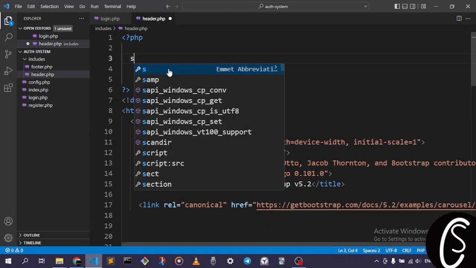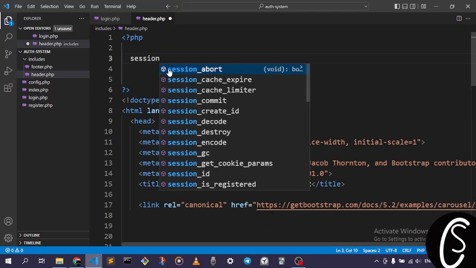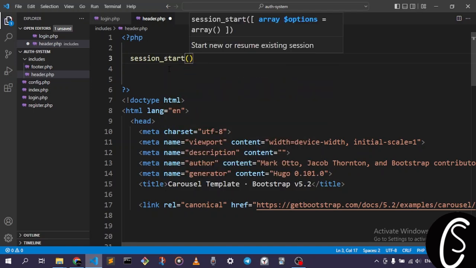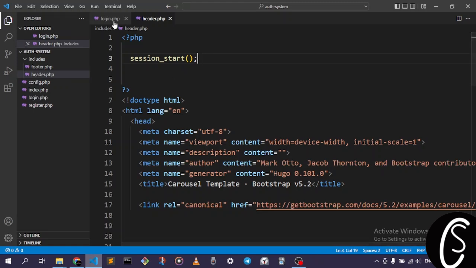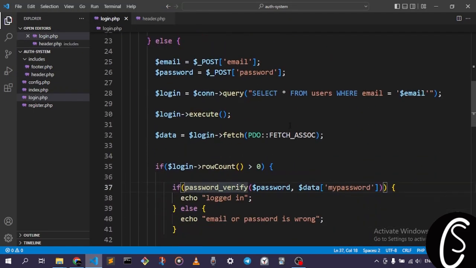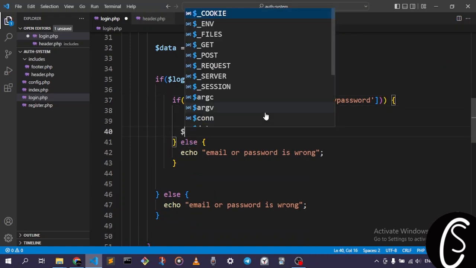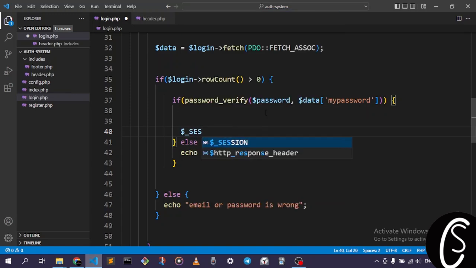So we should do it right here. We're going to say session_start, and that's actually all you need to start our own session in PHP. And if we save, we can now take advantage of our own sessions, and we can go down here and say session, and we are going to take the username as a session,